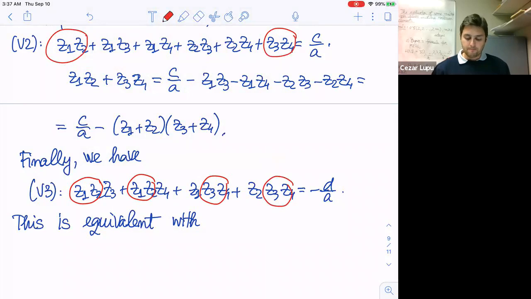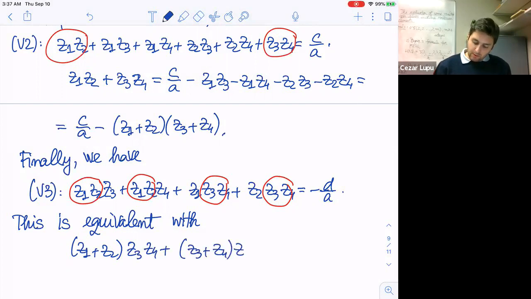And now, clearly, if we factor here, we have that Z1 plus Z2 times Z3, Z4 plus Z3 plus Z4 times Z1, Z2 is negative D over A. Okay, beautiful. And now